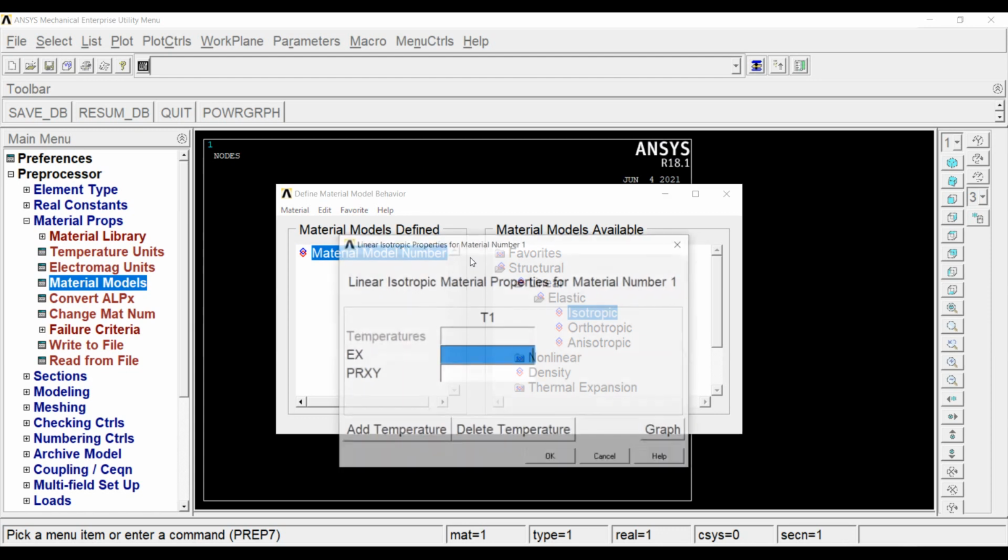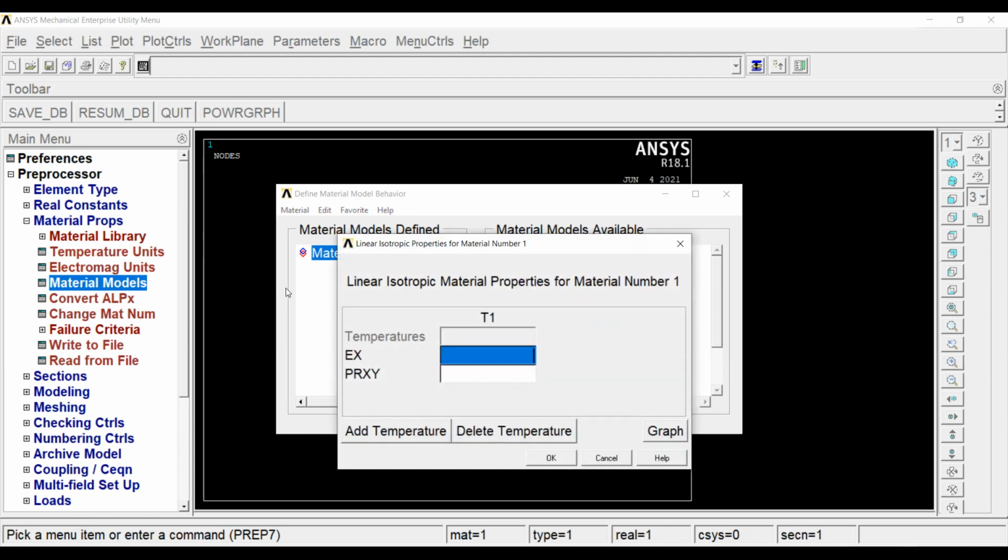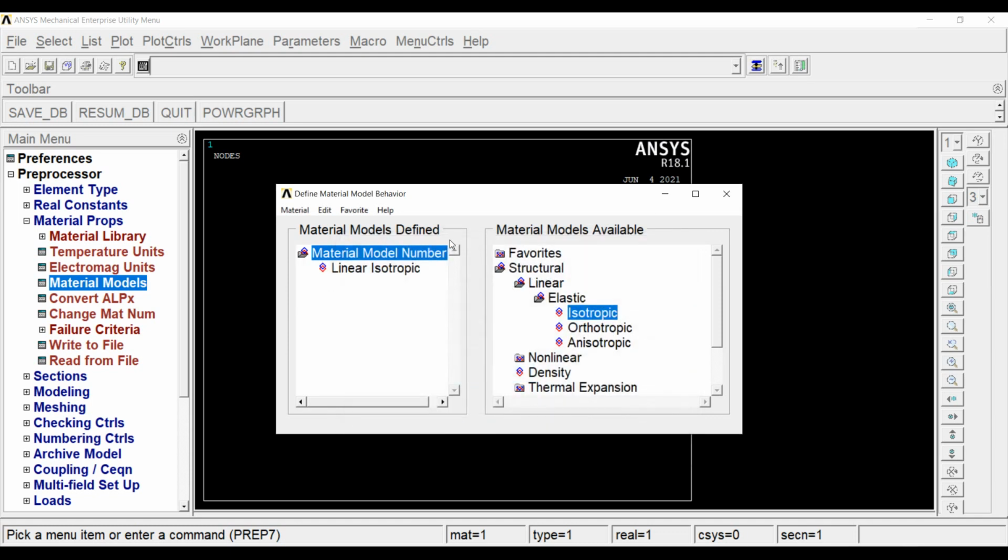The value of E is given to me in the question as 200 gigapascal. So here I'll write down 2E5, which is 2 into 10 raised to 5 Newton per mm square. And the value of Poisson's ratio is given to me as 0.3. Okay. And then I'll close this.